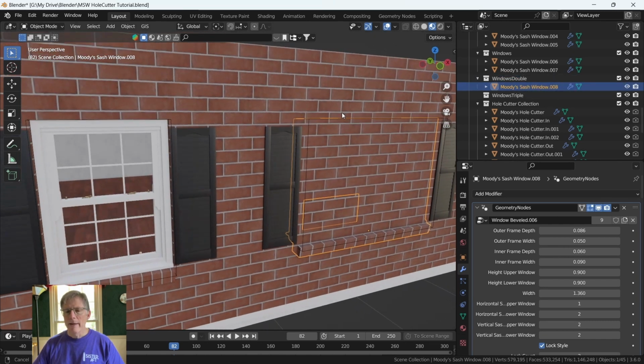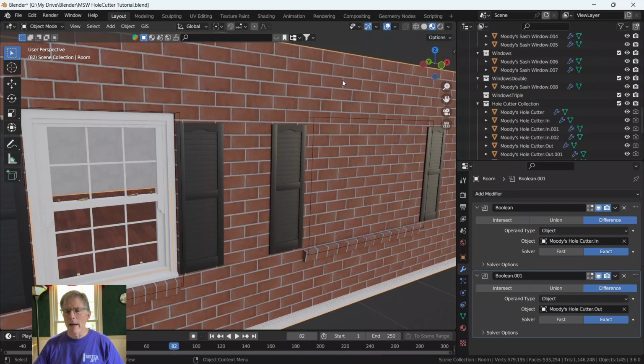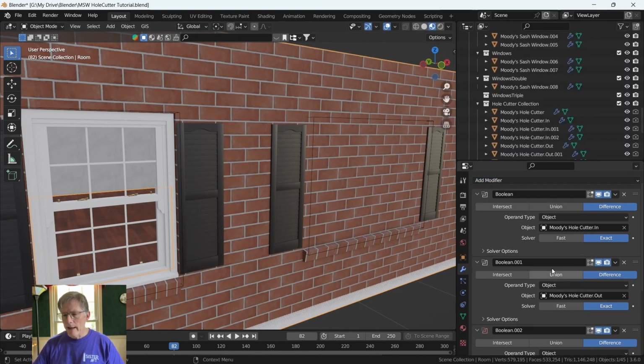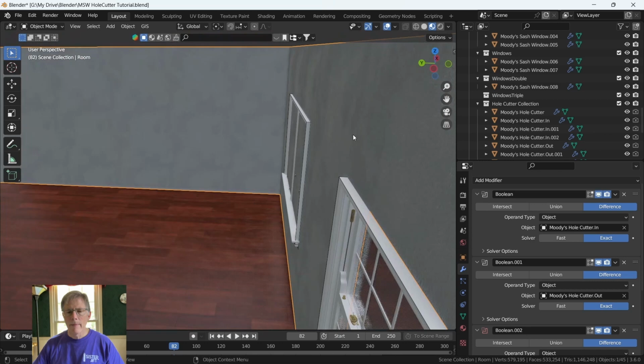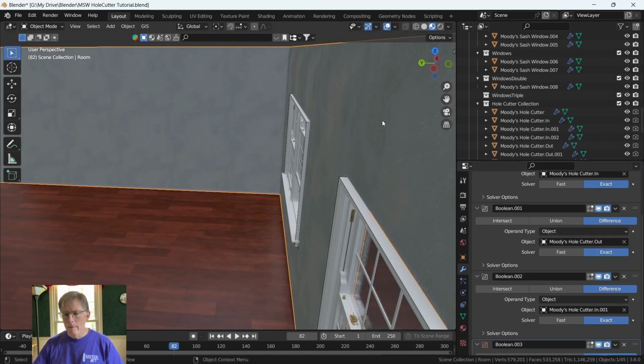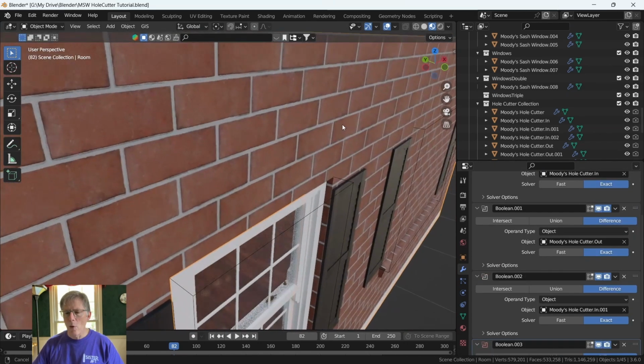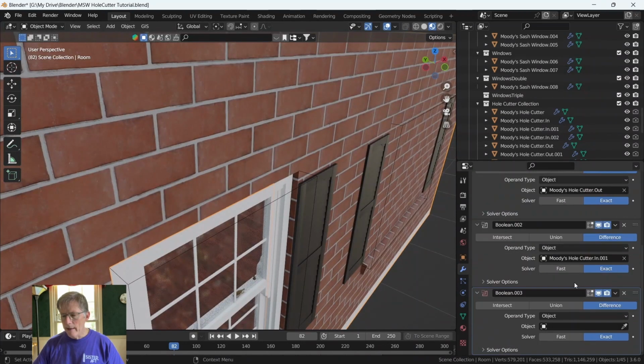So now that's right, and select this, add 2 more booleans. So 1, 2, and let's take the inside. So this is hole cutter in 001, and this is,